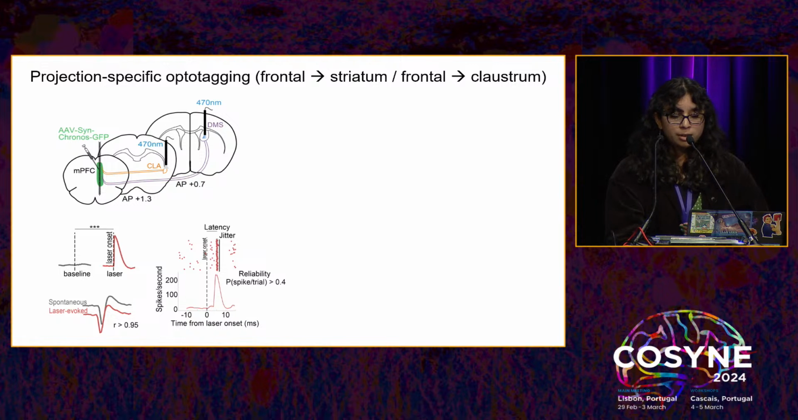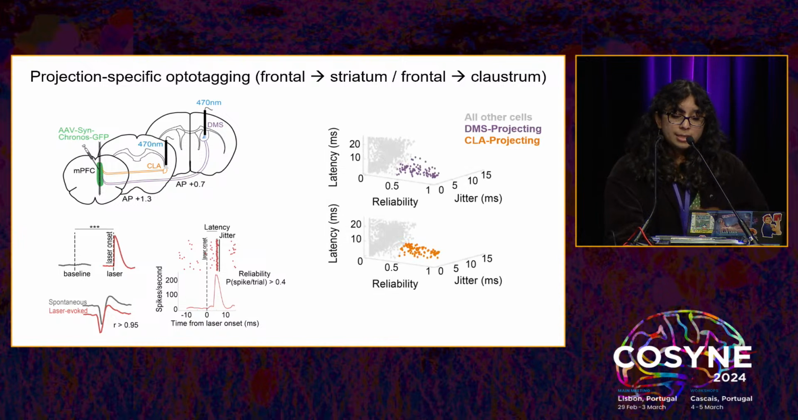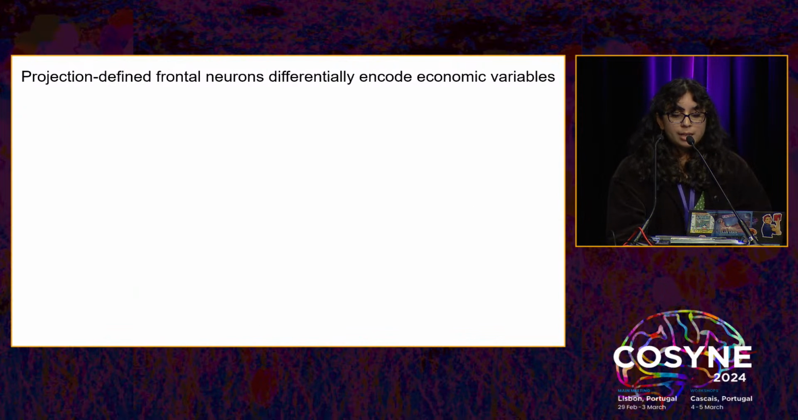In particular, neurons had to display short latency and high reliability responses to laser onset that were significantly different from their baseline activity. And this method enabled the identification of a subset of frontal neurons projecting to claustrum or dorsal medial striatum during decision-making behavior. We found that the majority of optotagged cells were task responsive, and that a subset were differentially modulated by different